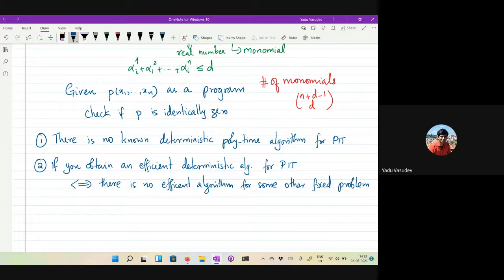This question of PIT. What we are going to show is that it has a very, very simple randomized algorithm. Okay. And what we'll do is we'll see the randomized algorithm and we'll try to analyze it. And while we analyze the randomized algorithm, we'll recall the basic concepts in discrete probability, which you have already seen before, but we'll just recall all of them while we analyze the randomized PIT algorithm. Okay, so that's what we're going to do next.